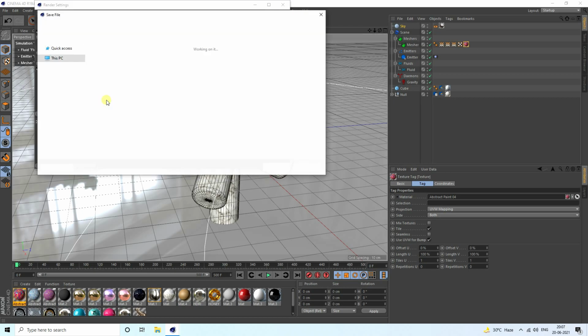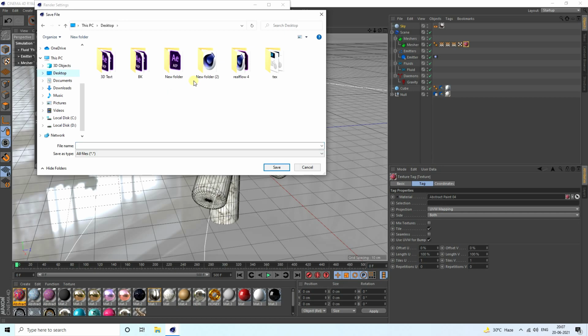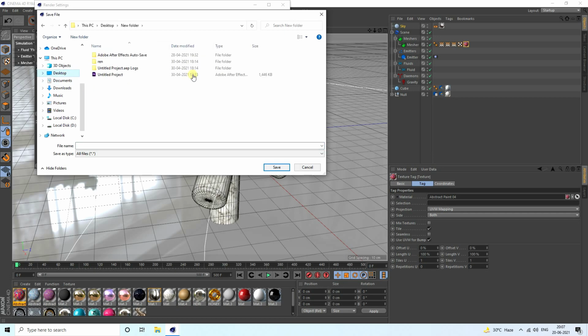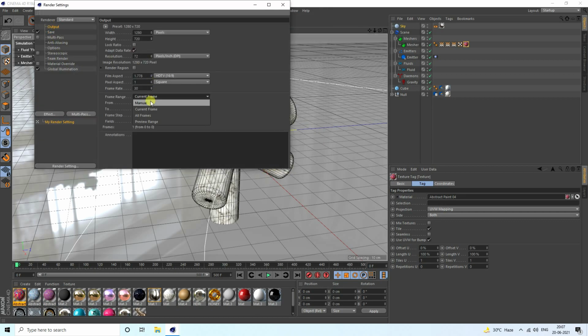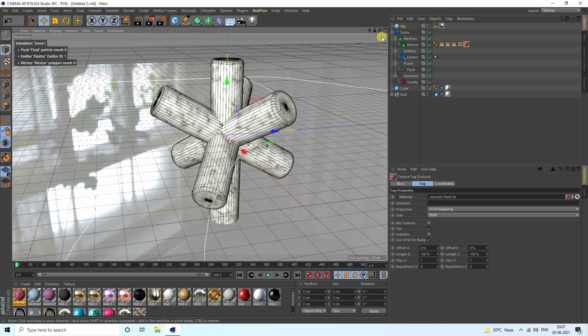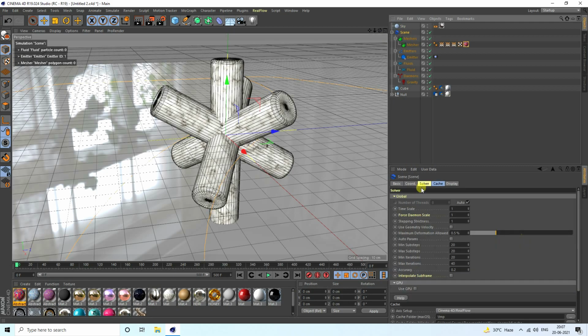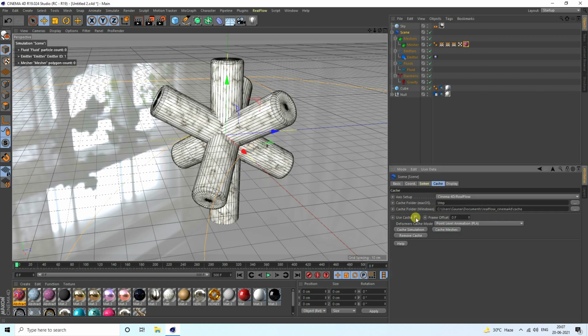Guys, I always take JPEG sequences, so that's my folder like this, and take new folder and take render and take any file name, yeah, simple, and output use all frame, yeah, that's it guys. So close, and guys, last one, go to again screen and cache, use cache check, and cache simulation click. Guys, after cache, again create render. So guys, that's it. My final effect is finished.